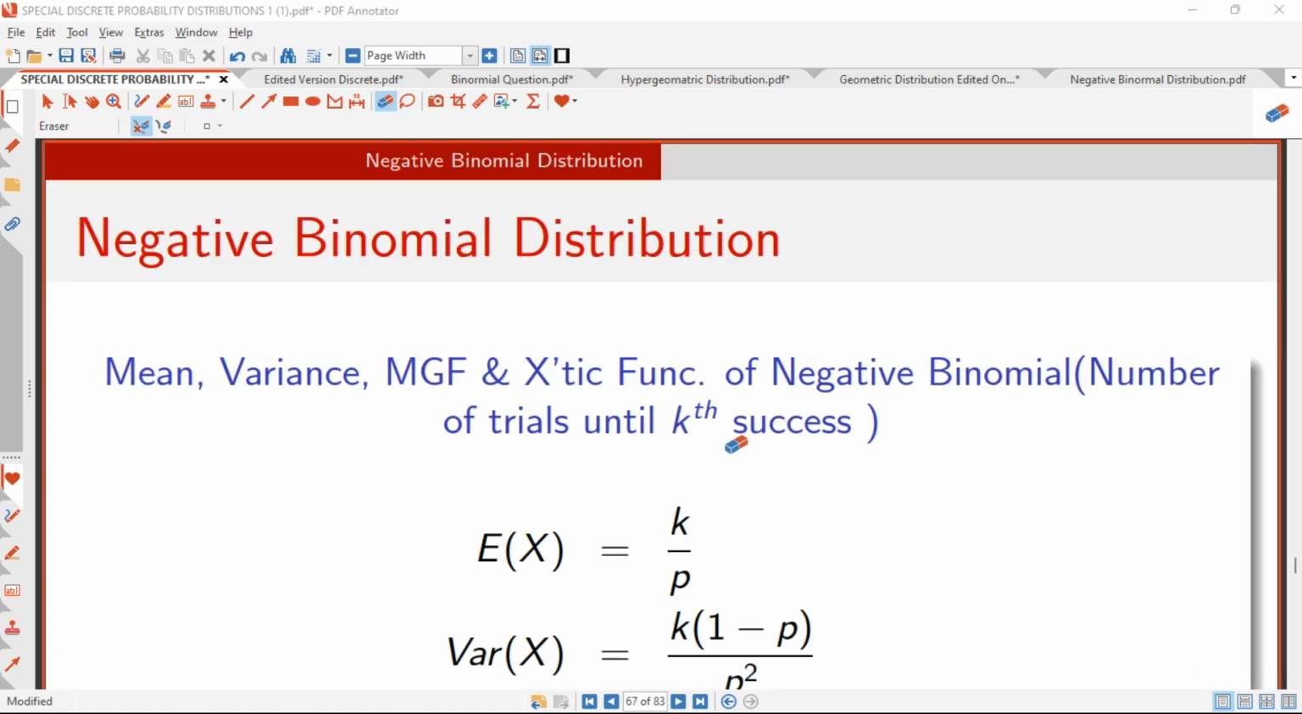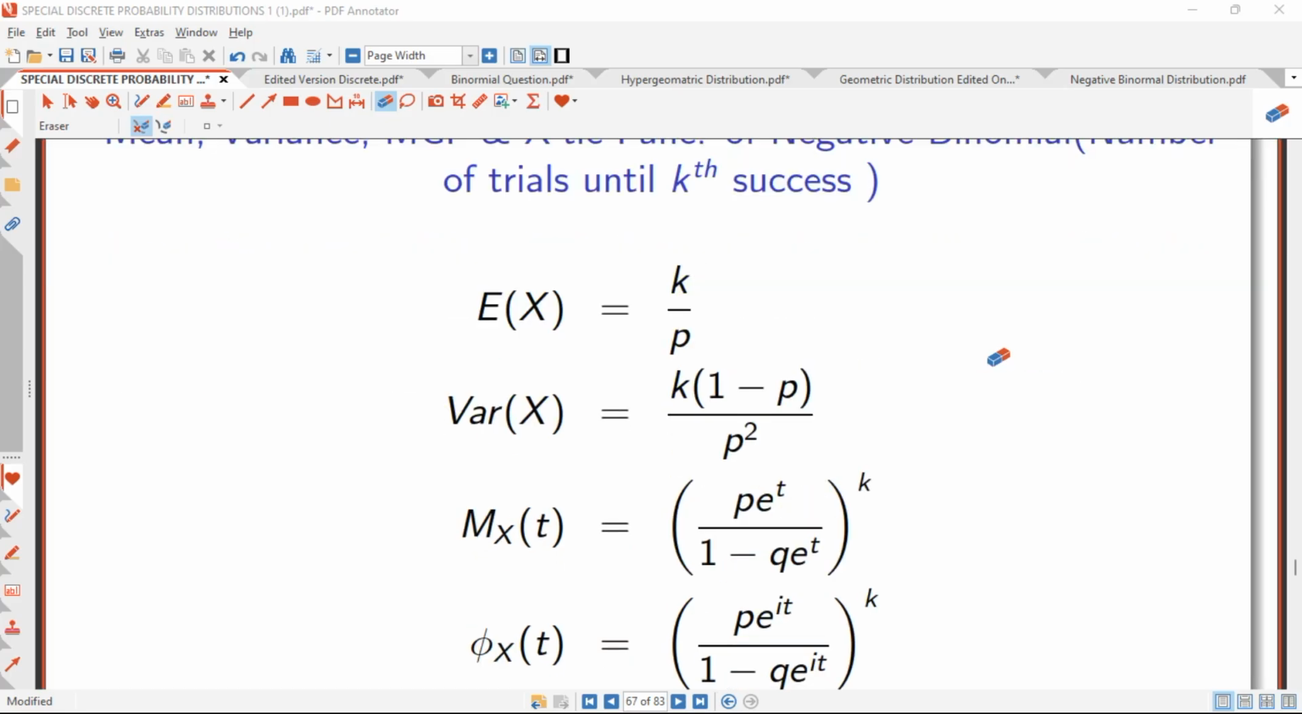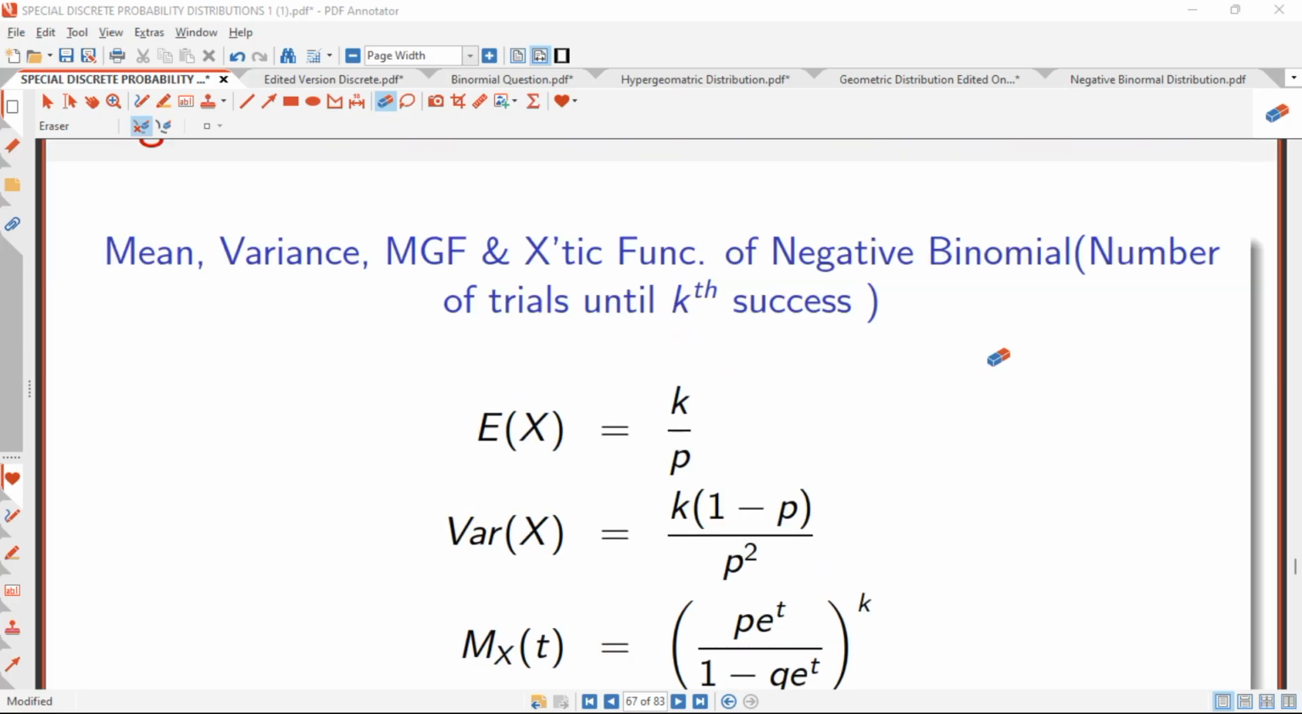Sometimes, as usual, they can ask us to calculate the mean, variance, moment generating function and characteristic function of the negative binomial distribution. So how can we achieve that? We are doing it for one way, that is the number of trials until we achieve the kth success. When we are done, we will do it for the number of failures until we achieve the kth success. So the expectation here would be